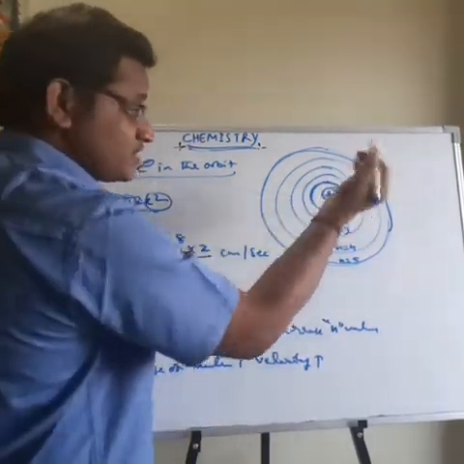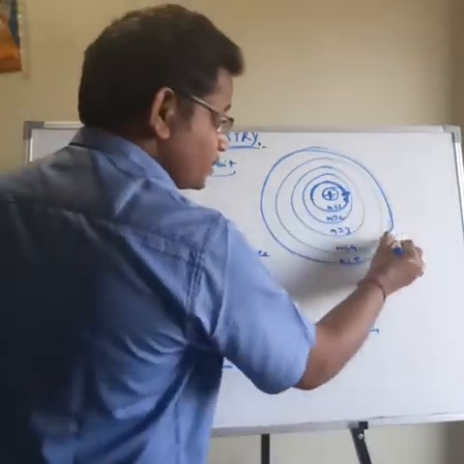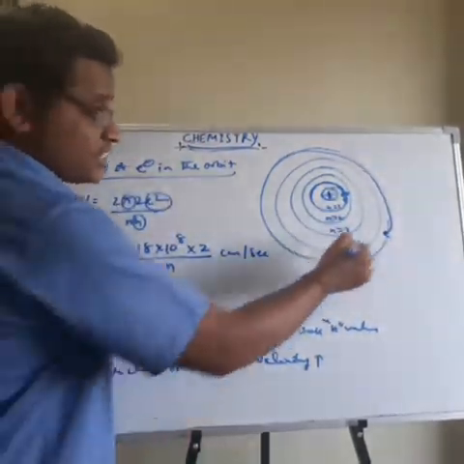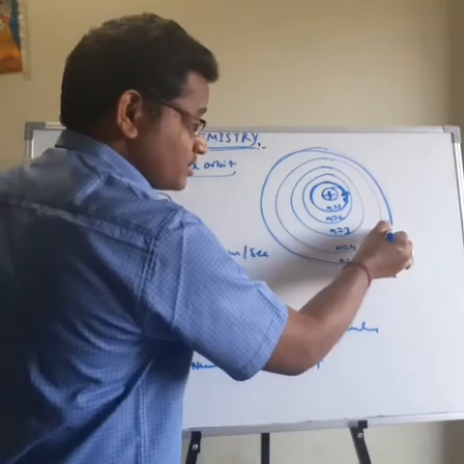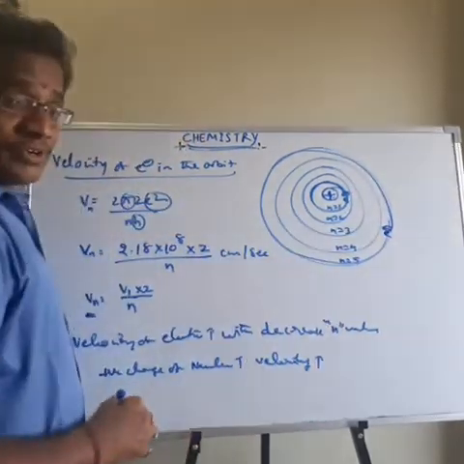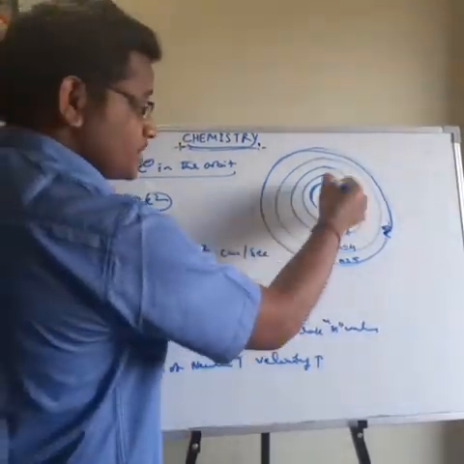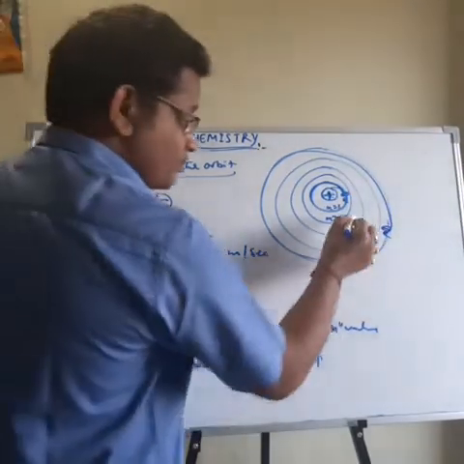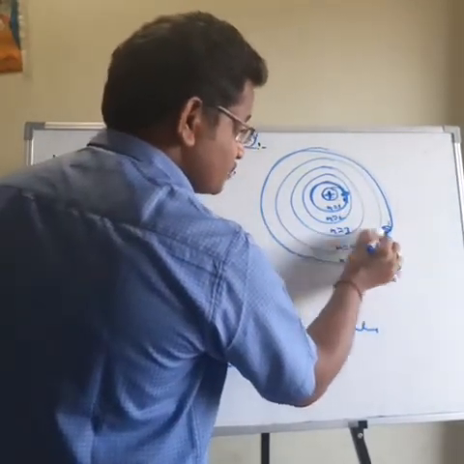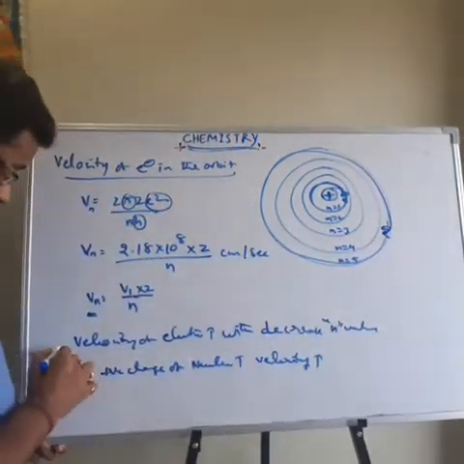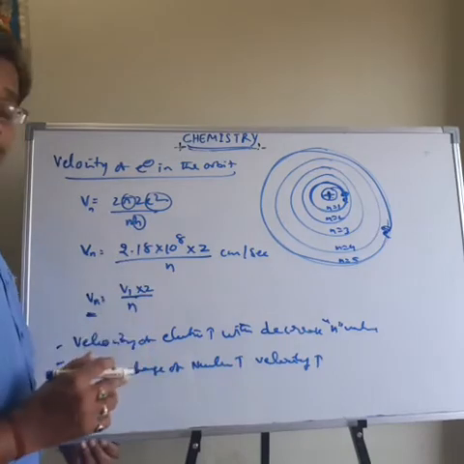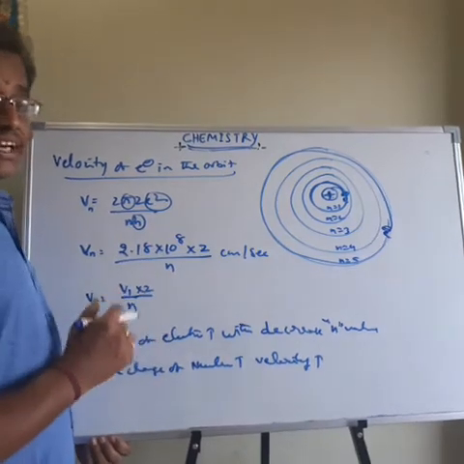That's why velocity is also very high. If the electron is present in the last orbital, the nuclear attraction on that last orbit electron decreases. That's why its velocity is also less. So like that, as the positive charge of the nucleus increases, velocity of electron also increases. And another point, as n value increases, velocity decreases. So this is about the velocity of electron in the orbit. This formula is applicable to hydrogen-like single electron species.